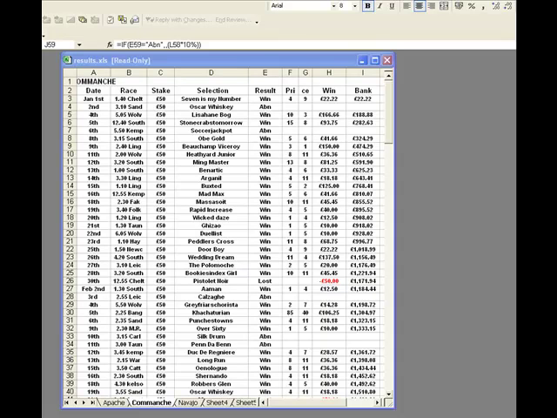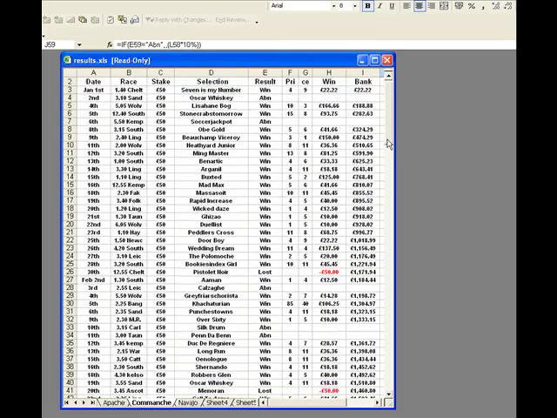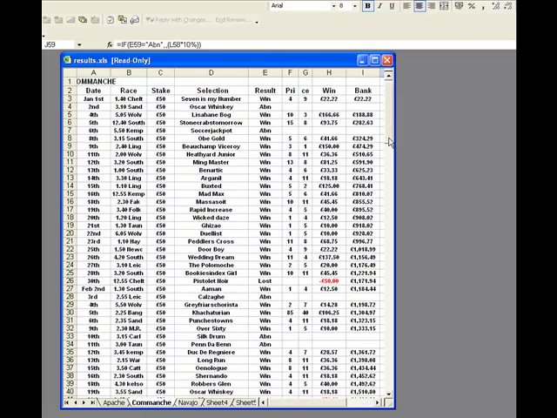So anyway, this is the spreadsheet from the 1st of January. Now these aren't live bets. We haven't done any live betting here, and we haven't back tested. We've done our normal thing where we've come up with a system, like the idea of it, start selecting it in the paper in the morning, and then follow it for a few months and see what happens. And over the last 3 months we've been following this one, and it seems to be doing very well. Time will tell whether it carries on.